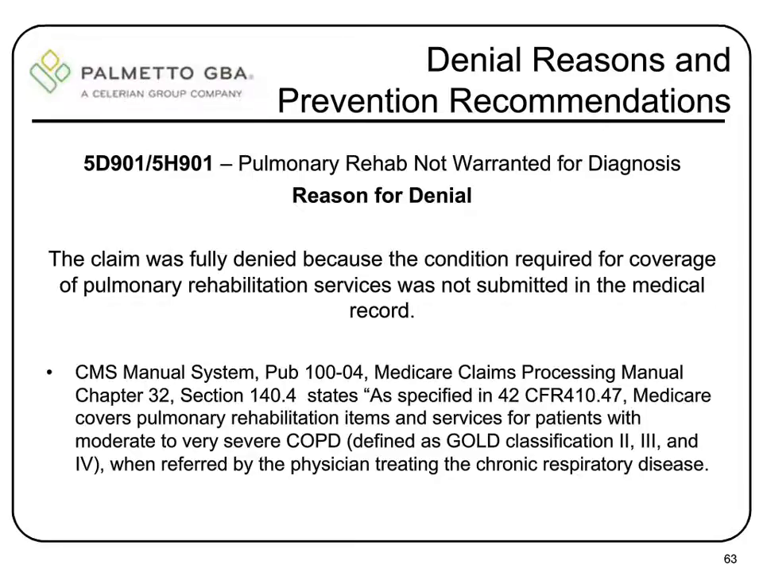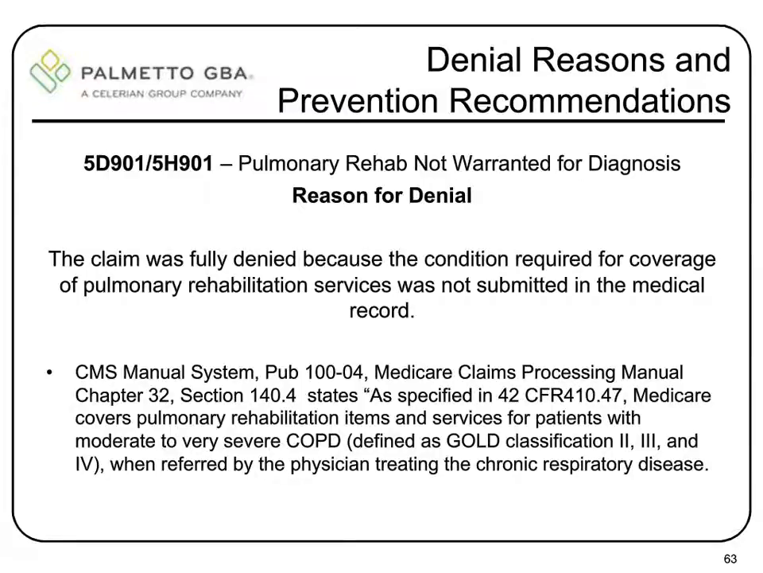Denial code 5D901 or 5H901, Pulmonary Rehab not warranted for diagnosis. Reason for denial: the claim was fully denied because the condition required for coverage of pulmonary rehabilitation services was not submitted in the medical record. CMS Manual System, Publication 100.04, Medicare Claims Processing Manual, Chapter 32, Section 140.4 states, as specified in 42 CFR 410.47,